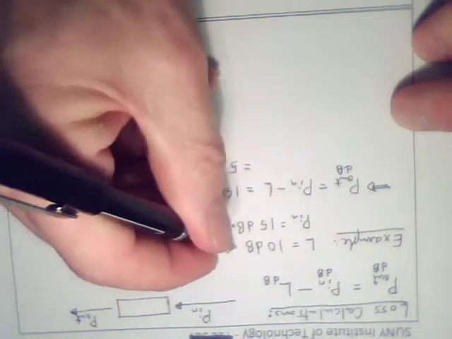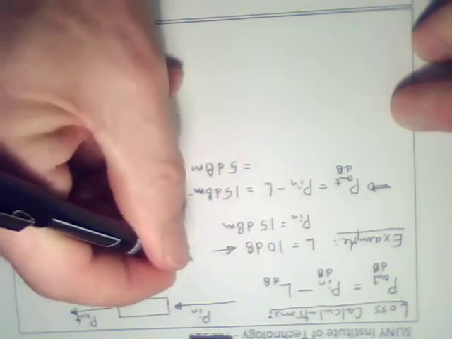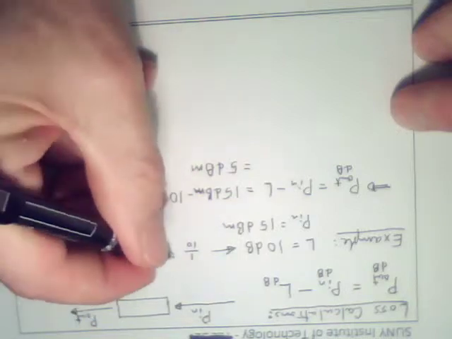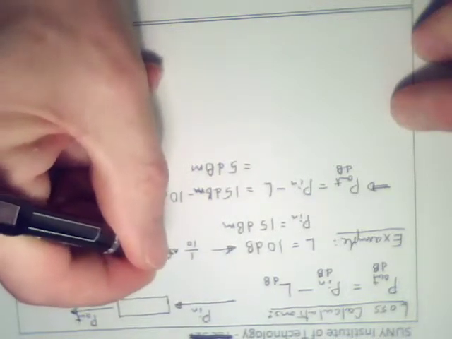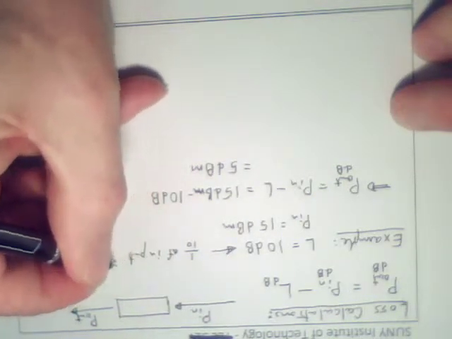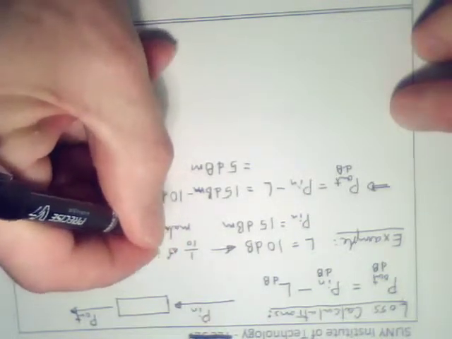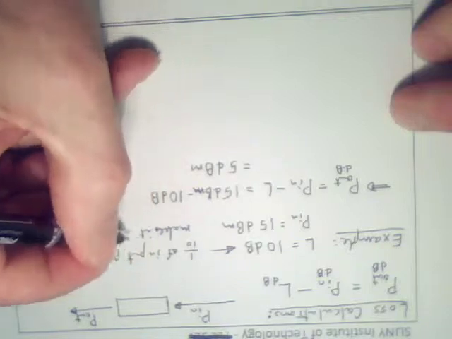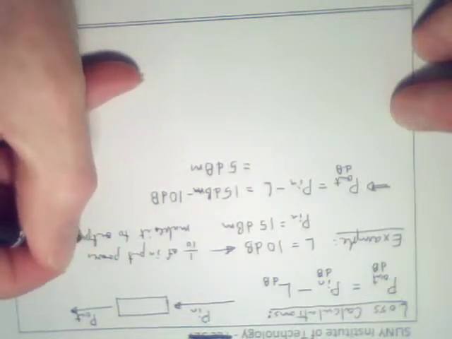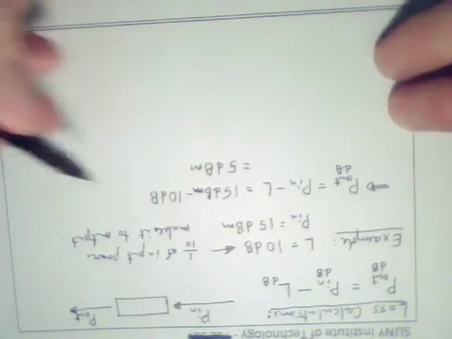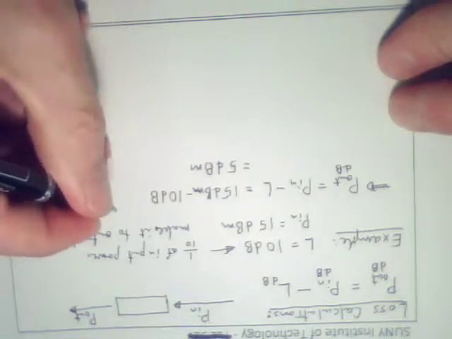So this means that 1/10 of the input power makes it to the output. And that calculation is simple. You say that